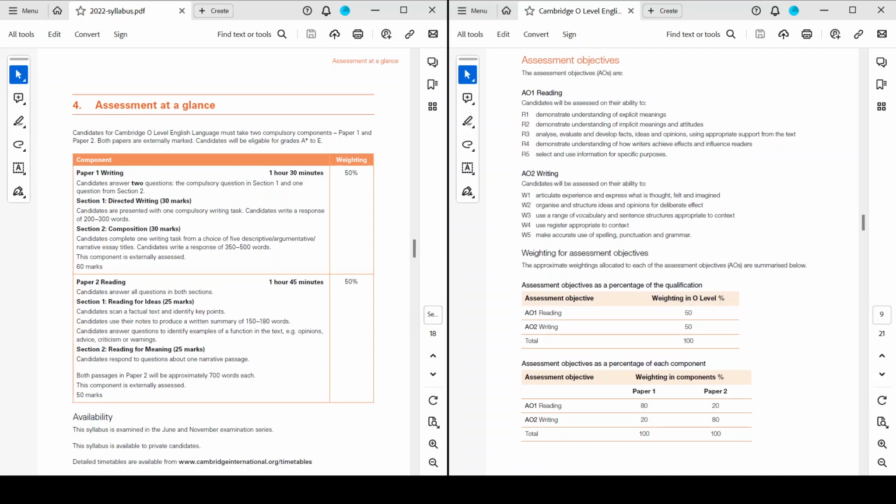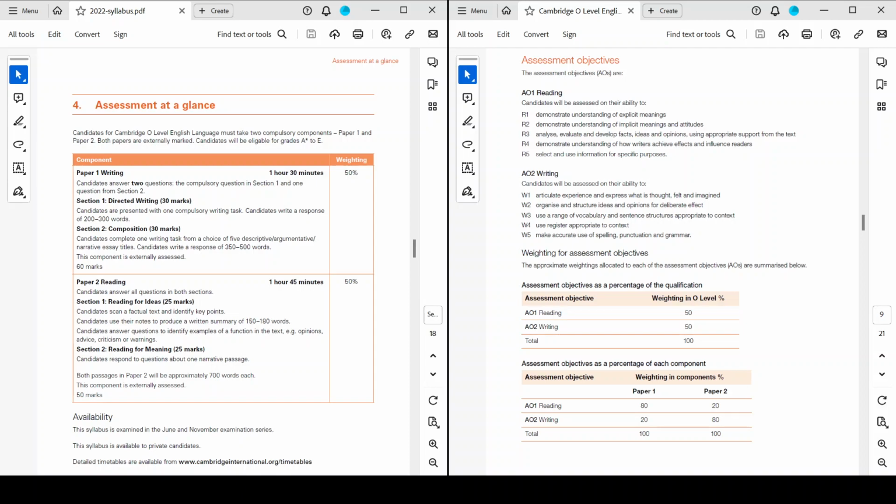Then we have demonstrate understanding of how writers achieve effects and influence readers. So the way the writer says something: the choice of words, the sentence structure, the mood or tone, whether it's given directly or more often figuratively or metaphorically, whether it's stated clearly or hinted towards, and the effect it has, how it influences the reader, how it makes the reader feel about whatever is being discussed in that part of the text. This is overall called writer's effect. So having an understanding of that,